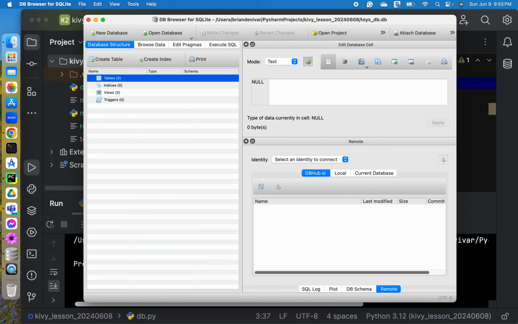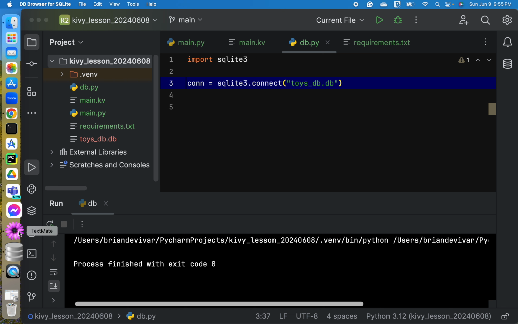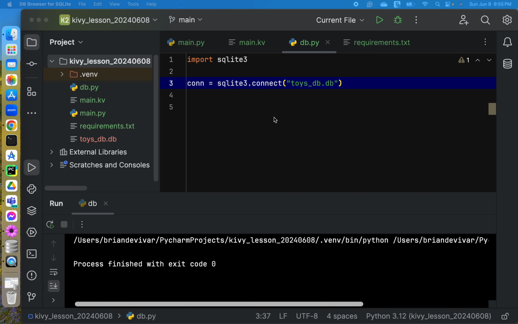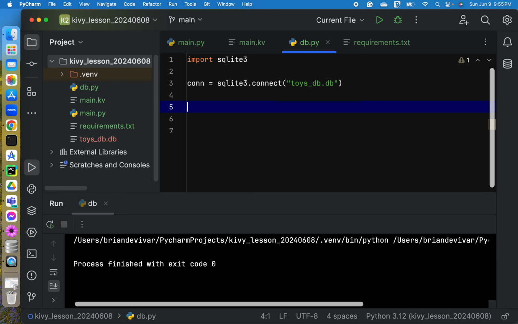Let's create, okay, let me minimize this. Okay, so how do we create a table in SQLite? So let's put a sort of label here: create a table.